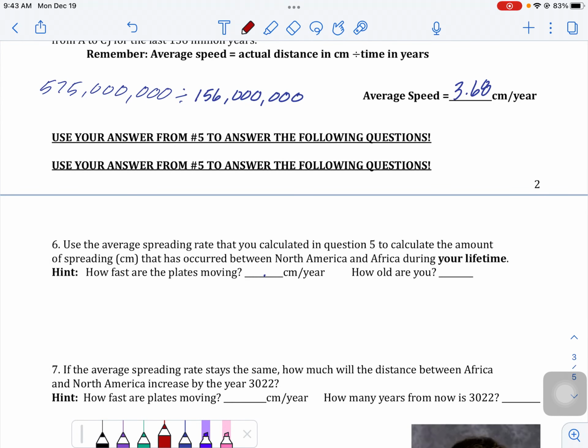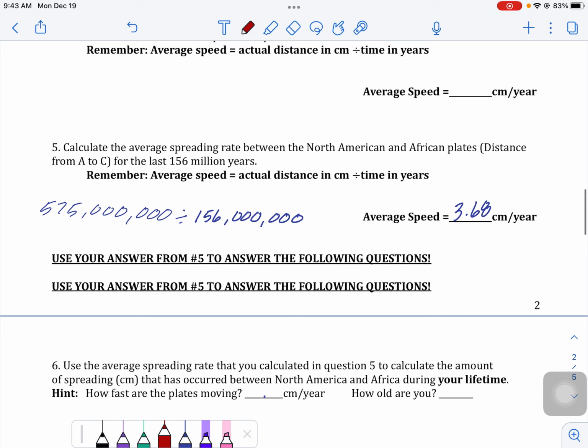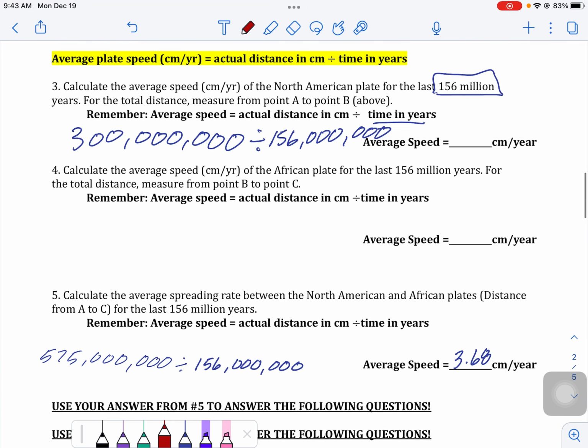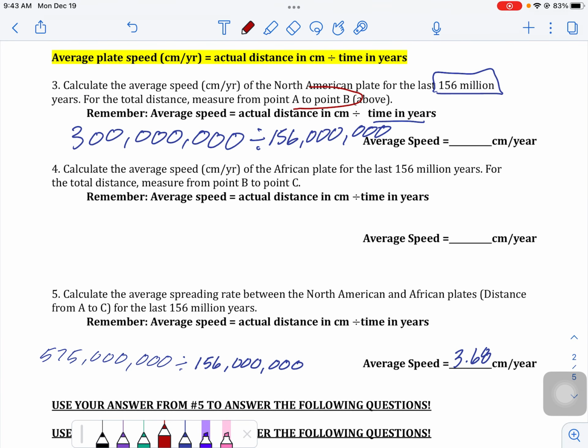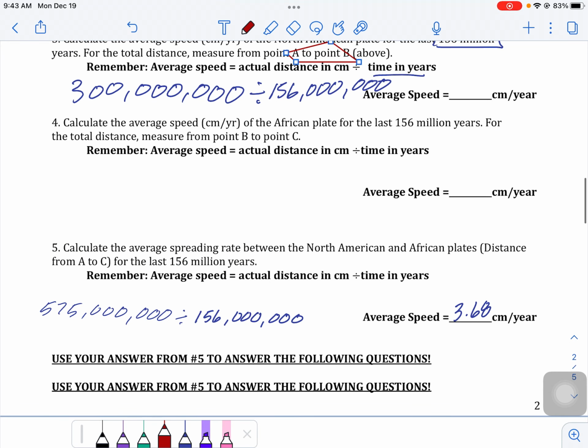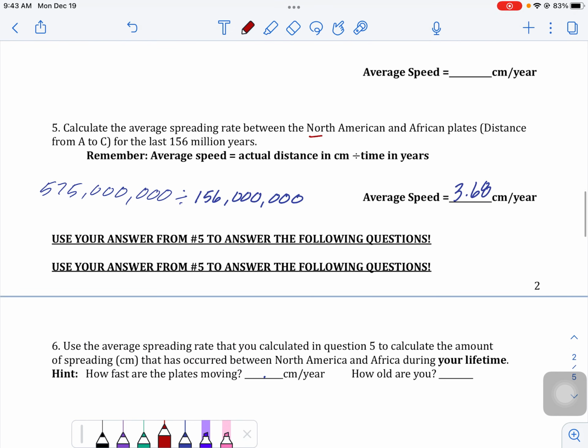So we were able to calculate the average speed per year for both the plate on the left, the North American plate, A to B, and the African plate, the plate on the right, from B to C, and then both together, right? The spreading rate of both together. So thinking about that general motion apart, they're separating and creating a distance of 3.68 from A to C every